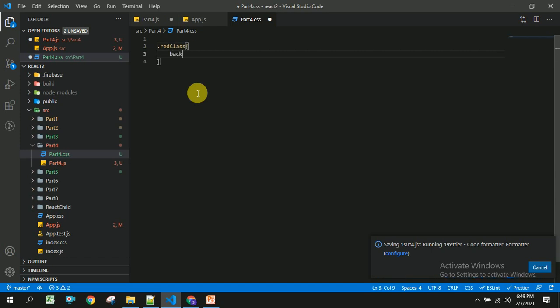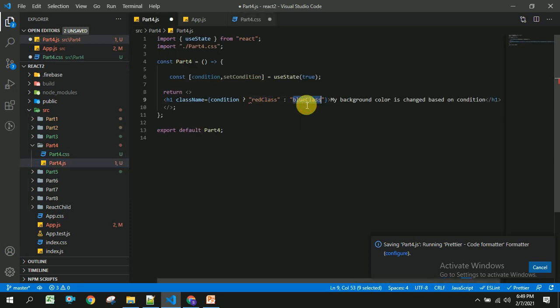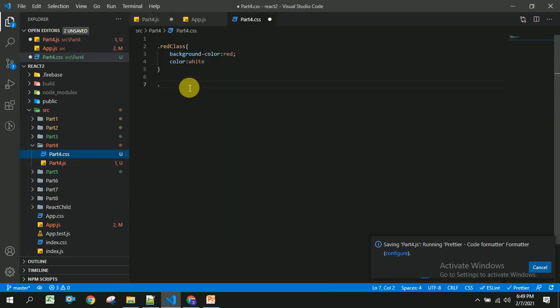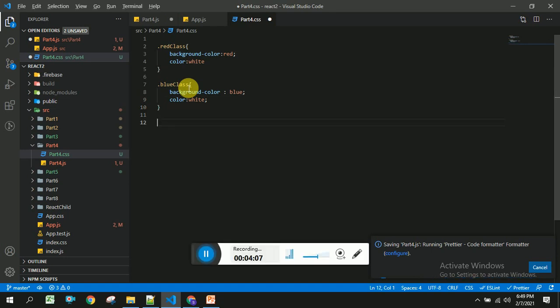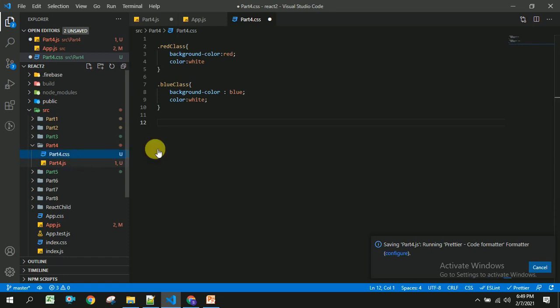For this I am going to place background color as red and color as white, and I am going to create another class where I am going to take background color as blue and color as white. So I have created two CSS classes here.